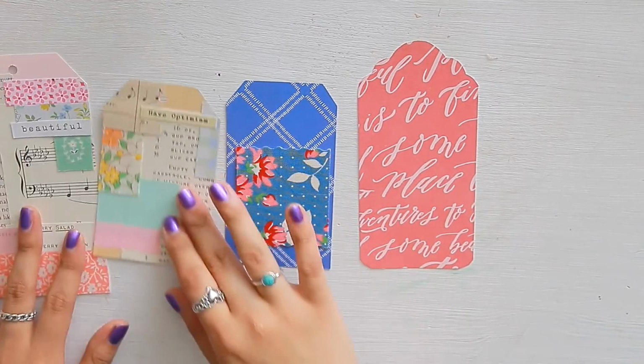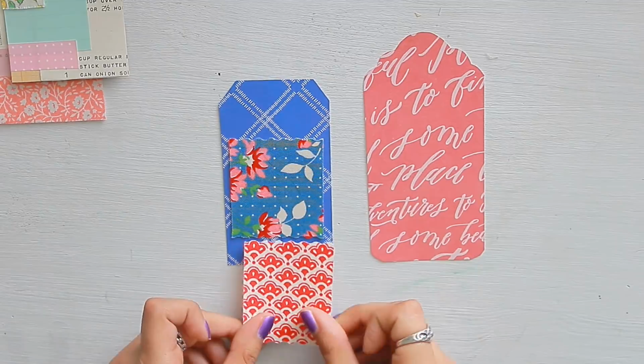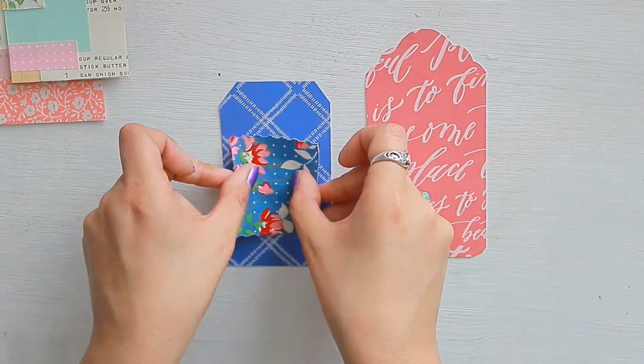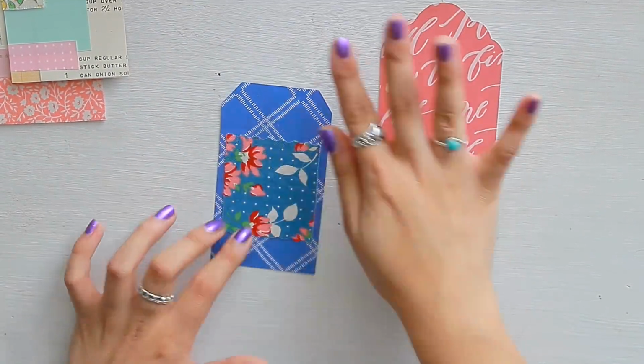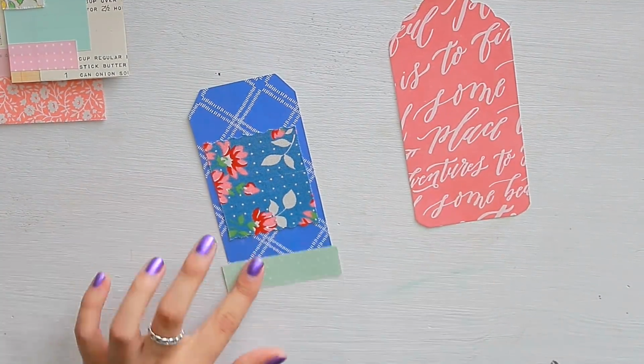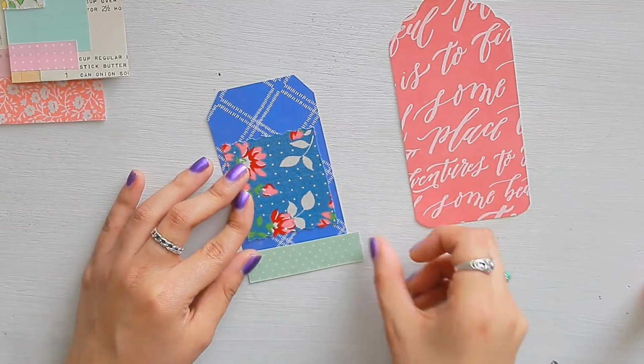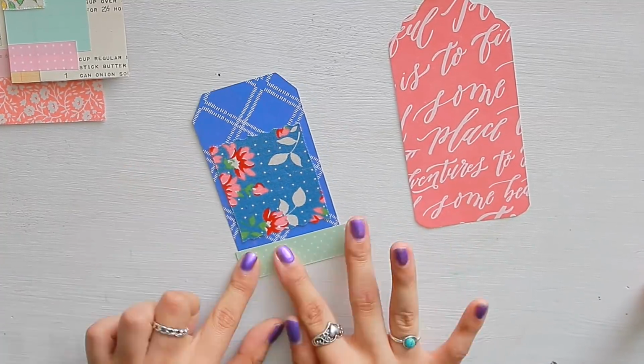So now moving on to these next two tags, I wanted to show you the difference between working with pastel and darker and more brighter colors. You can use the same techniques and get two very, very different results, but still looking absolutely beautiful. As you can see with the blue tag, I'm sticking with the blue and the cool tones, and I decided